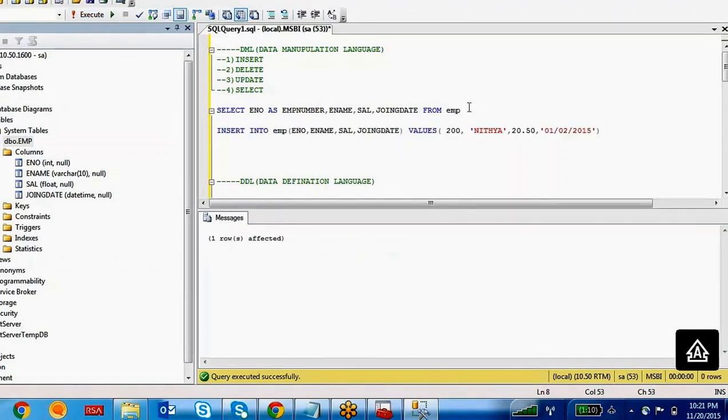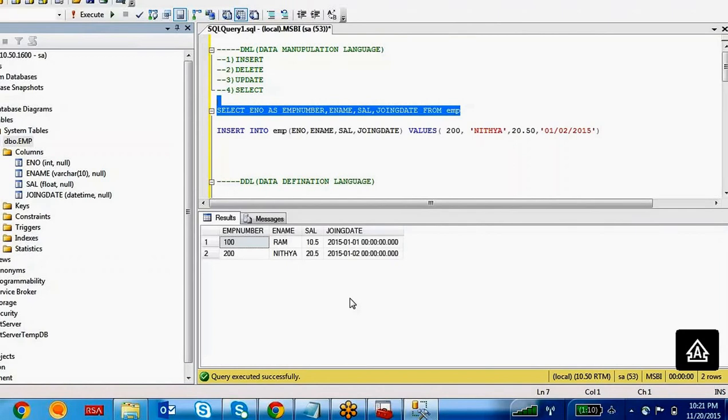One more row affected. I want to see the data. So in any format you insert, it takes the default format, which is this one. Whenever you are going to fetch this data, you can convert it by using some convert function.